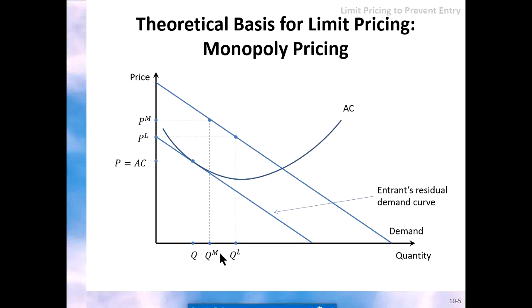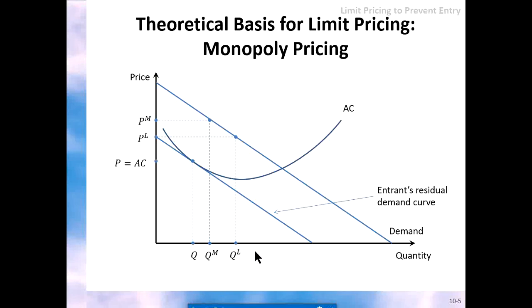So here, the monopolist would use maybe a strategy of limit pricing. To limit price, the incumbent or the monopoly will produce, instead of QM, at QL, which exceeds the monopoly output, and charge price PL instead of PM, that is lower than the monopoly price. This situation is shown in this graph. If the potential entrant believes the incumbent will continue producing at QL, then if it enters